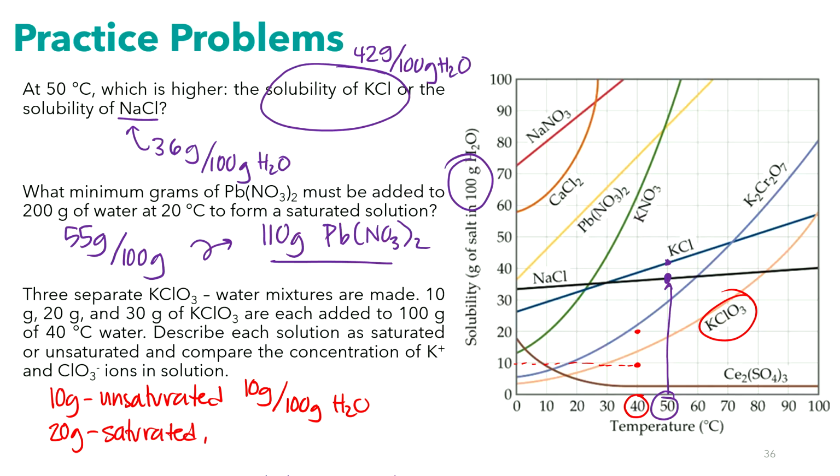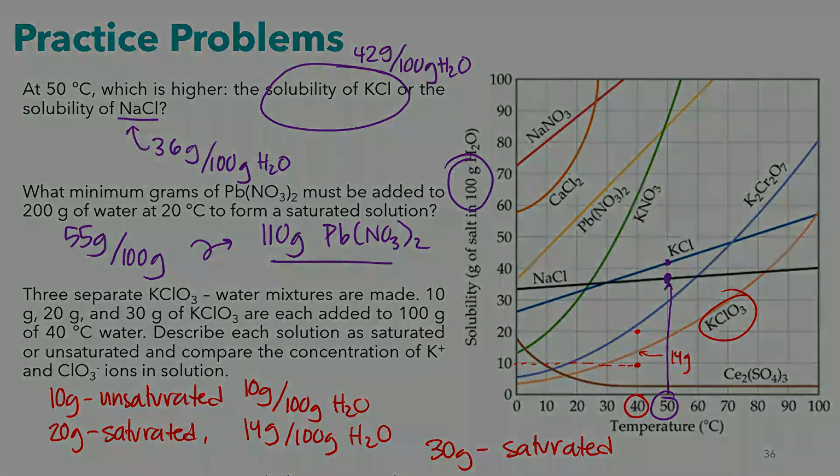I couldn't put all of those 20 grams in. I can only put in, let's call this 14. I could only put in 14 grams, so I'm going to have probably like 6 grams left over. And then my 30 grams. This is the place that I want you to be aware of. 30 grams, it's saturated, obviously. Does it have the same concentration as the 20-gram cup? If I were to scoop off the top